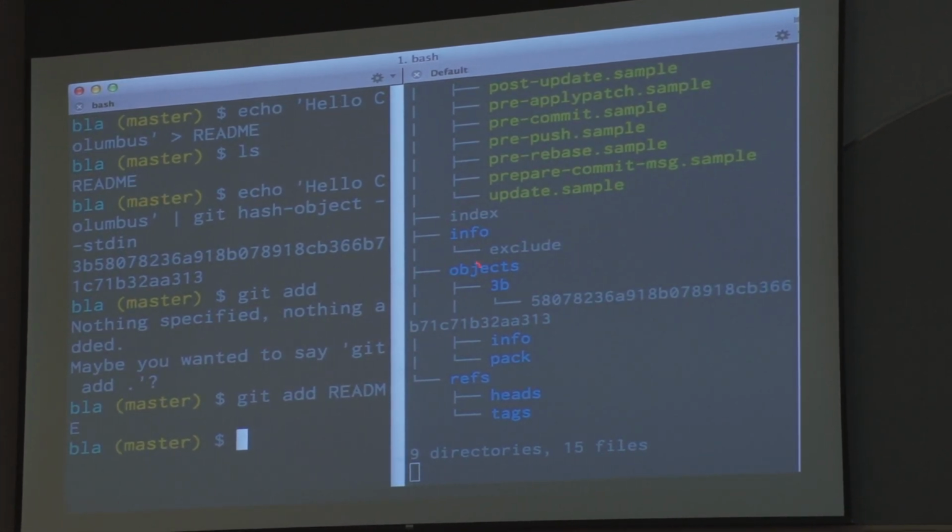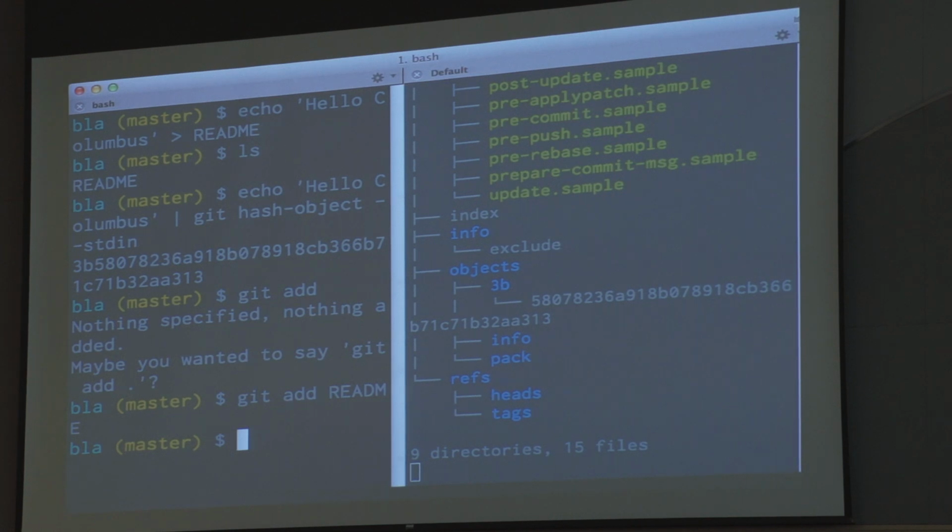Under the objects directory, we now see a new directory called 3b. Under that, we see a file called 58078. Let's look at the other side. The SHA that was produced out of hello Columbus was 3b580782.